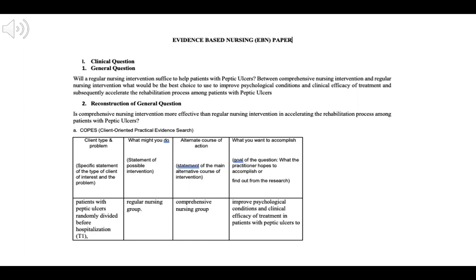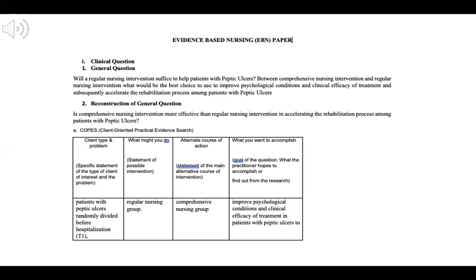Now, in evidence-based nursing, we are able to upgrade our interventions, or keep pace with the new trends in nursing interventions. And actually, to do that, we involve ourselves with evidence-based nursing projects. Now, in the nursing portfolio, the student nurses are also being trained to develop skills on evidence-based nursing, and this is achieved through asking the students to write the evidence-based nursing paper